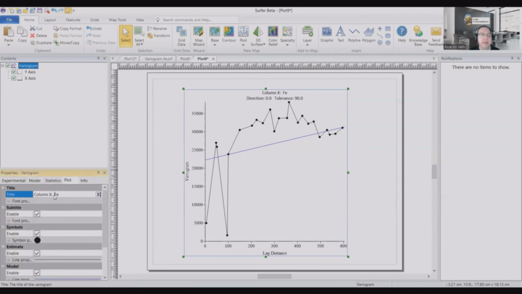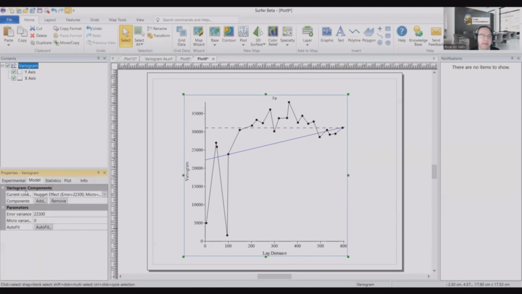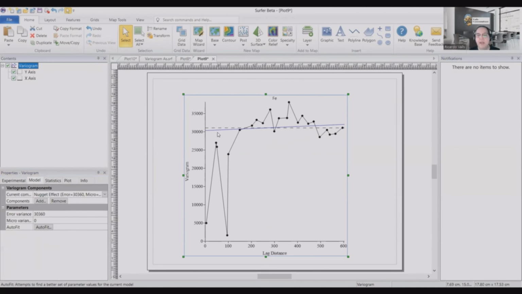Again, I do the cleaning. So our objective is to get a blue line that will cut the dotted line as close as possible here. Again, I always give SURFER a try to see if it can do it. And it did it, but it's not taking into consideration any of these points down here. So this could work, but I will try